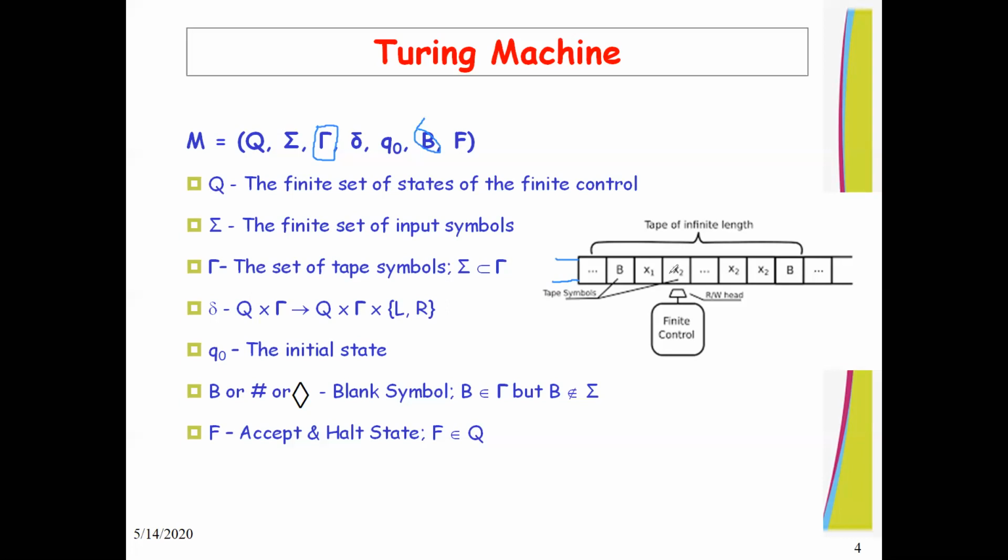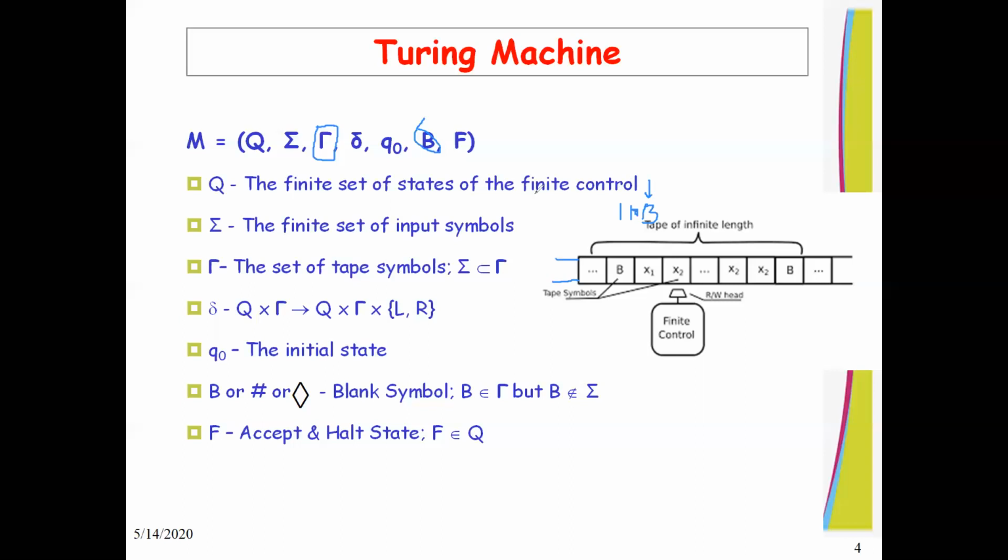The second thing is, suppose your string is 110. It means that in the case of the Turing machine, we will assume that after 110, the blank symbol is there. It indicates that your string now ends, right? So you can perform the operation after reading the blanks as per your decision.